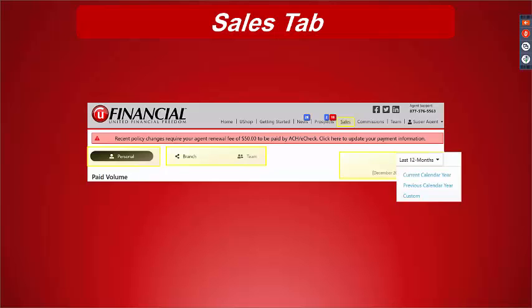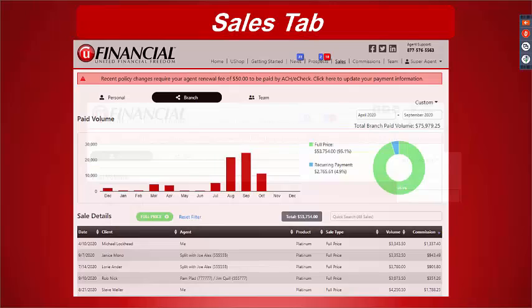So you can drill it down to custom or calendar year. If we go with custom here, we can say, let's look through on our branch April through September. So basically this area right here. And in that, if we want to, we can look at full price sales.